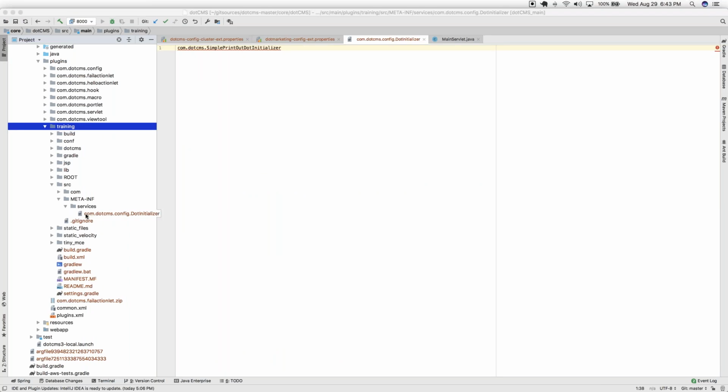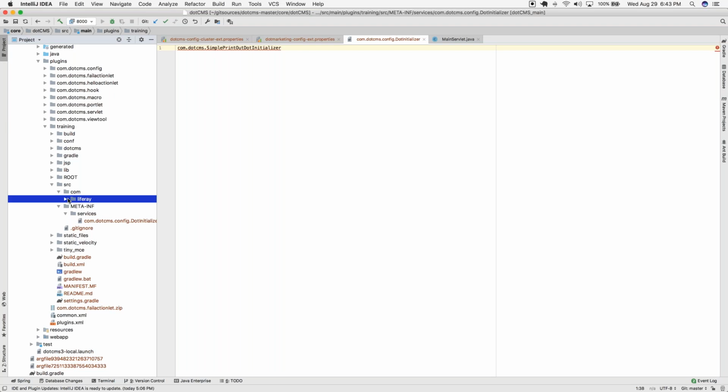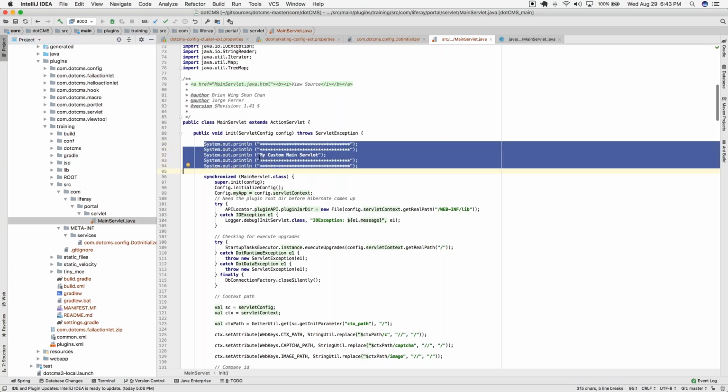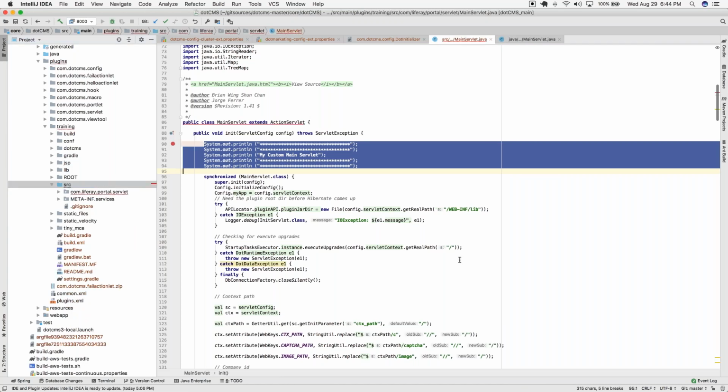sorry, and use the same class path, and just paste. In this case, we are using the same code, and we are just printing a message. If you mark this as a source, I think you can even make a debugger here. You know,